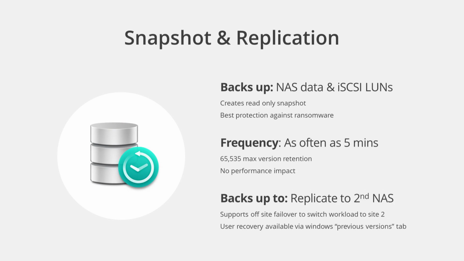The next tool is Snapshot Replication. A snapshot is a point-in-time, read-only copy of a shared folder or LUN stored in the same volume. This is your number one line of defense against ransomware. You can also replicate the snapshot to a secondary NAS, preferably off-site. Then if disaster strikes, you can quickly restore those snapshots on your original Synology NAS, or fail over a replication task and restore data on the secondary NAS within seconds.